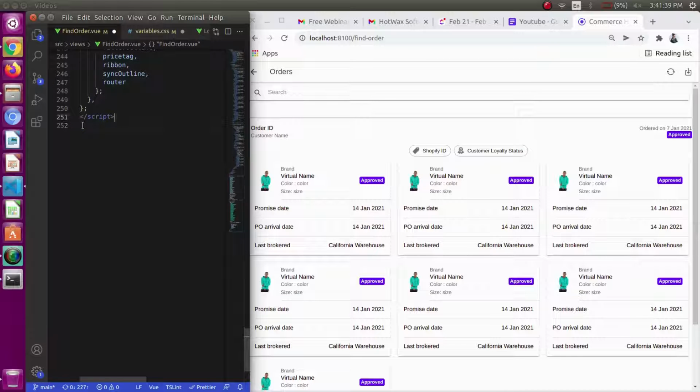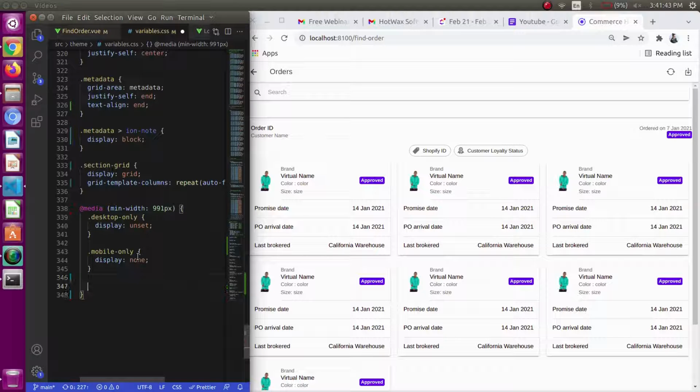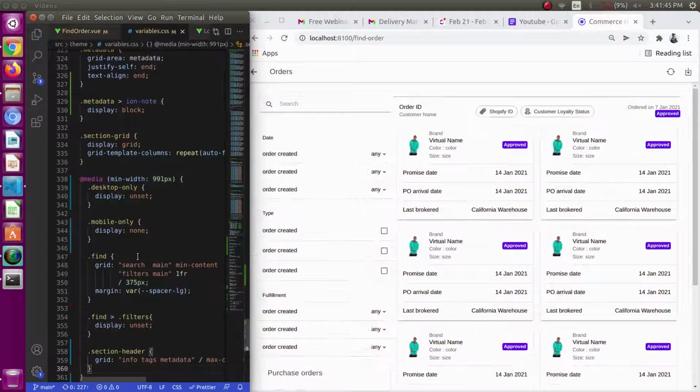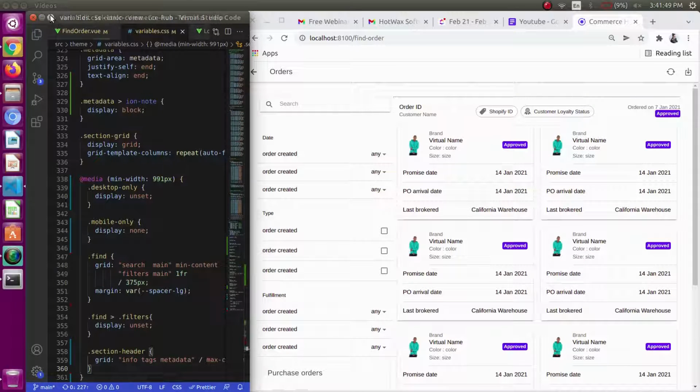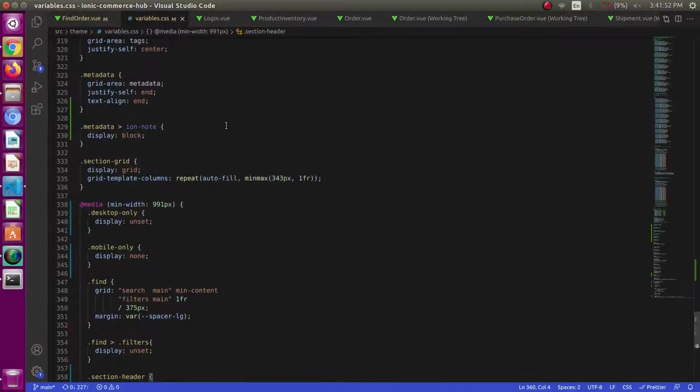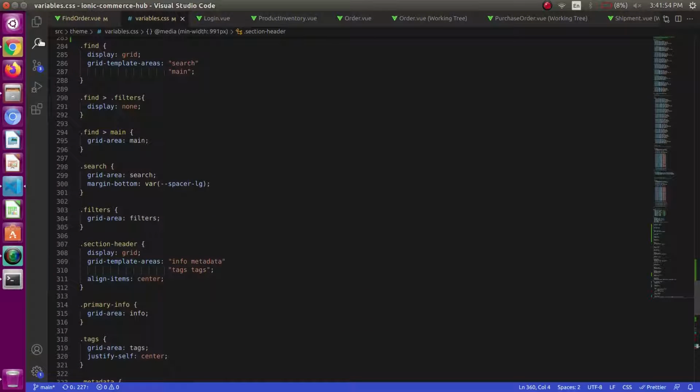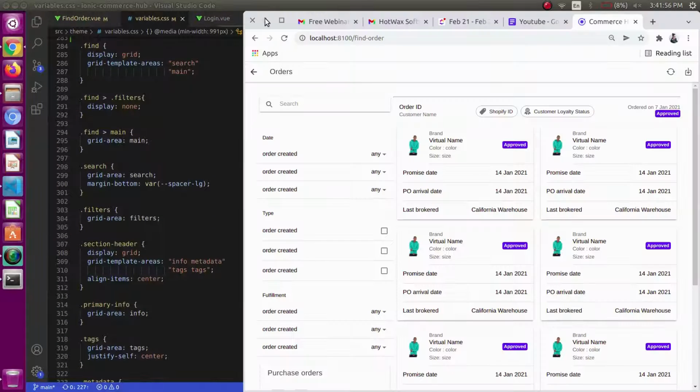So you can just go in that video and you can see how I have created the desktop only and mobile only classes over there, and how I have created the find screen template as well. So the page is working fine along with the global styling.